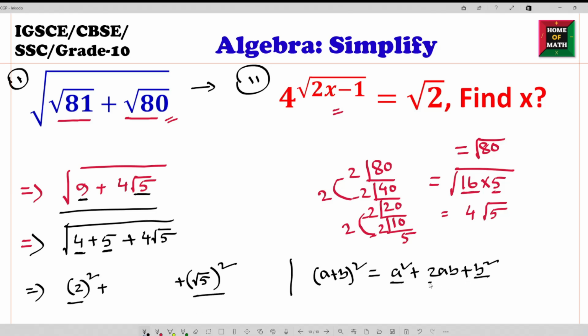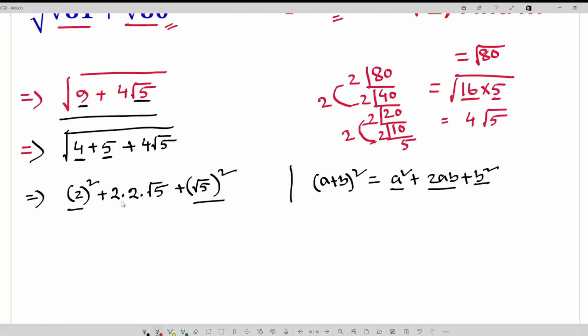For this 2ab we can write 2, then again a means 2, then b means root 5. Now look, this one 2 times 2 means 4 and root 5. So we already get everything and all root. So for this one we can write 2 plus root 5 whole square